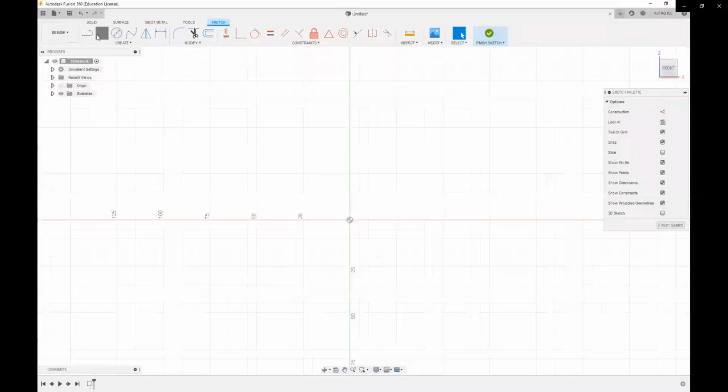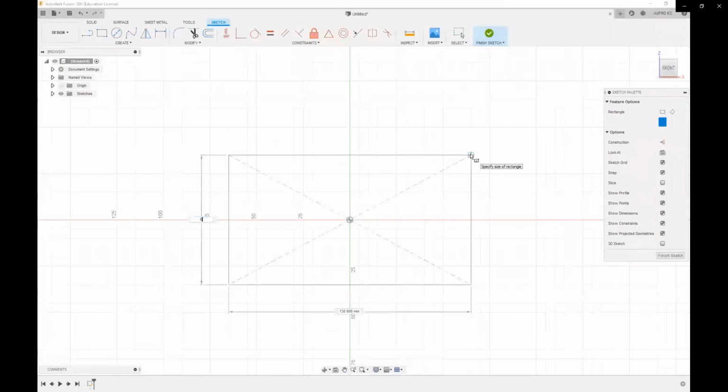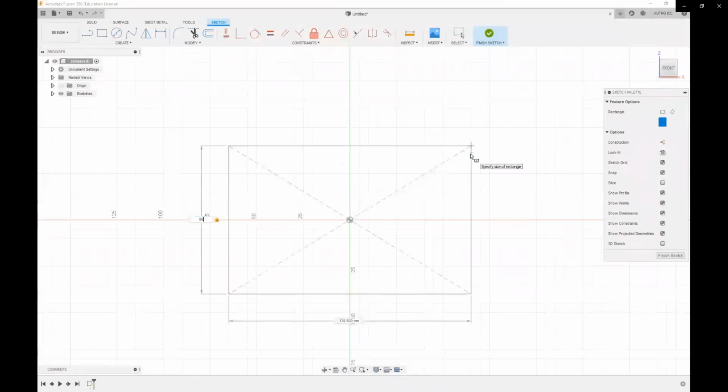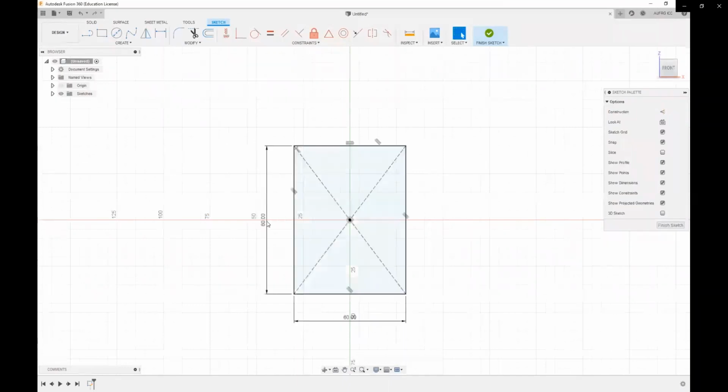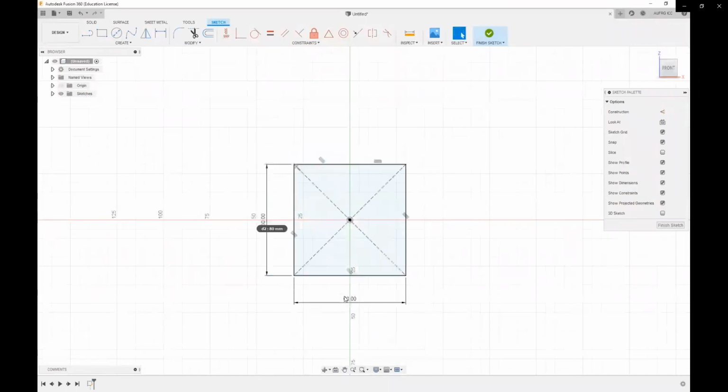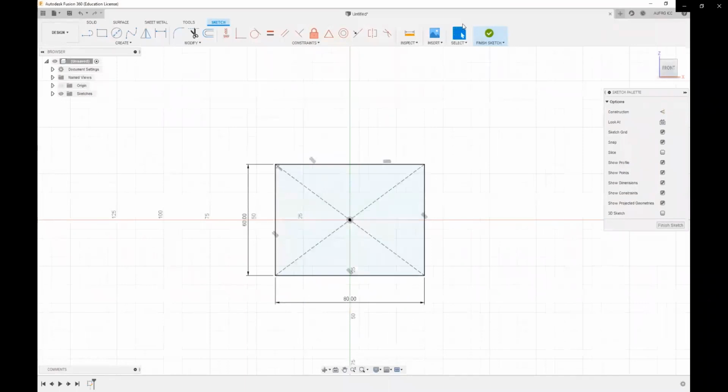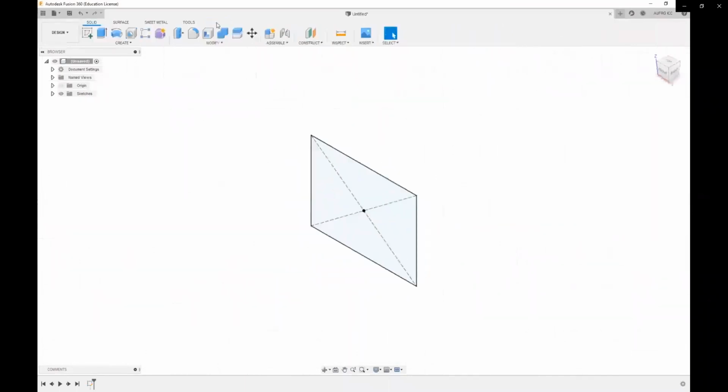Then we directly go to the Fusion 360 software. By clicking on Create, you can create a sketch. I am creating a rectangle cross-section as mentioned in the question, 80 by 60. On the opposite side I change the value to 60 by 80, which means the height is 60 and the width is 80, depending on the sketch you use. Then I create the rectangular rod and use the extrude option.